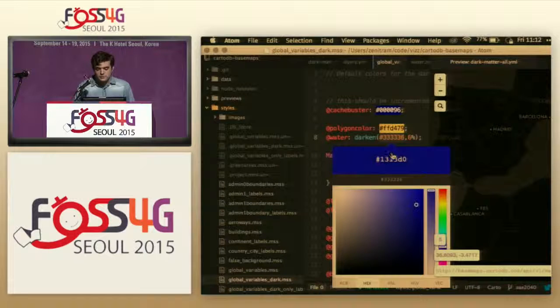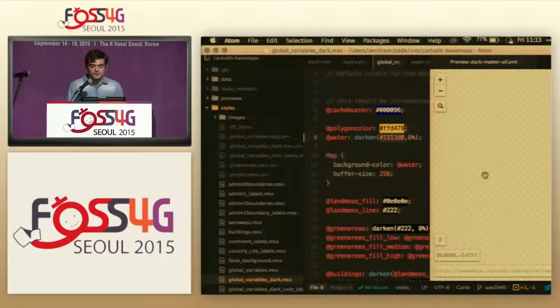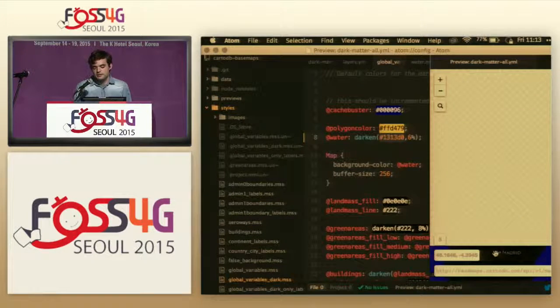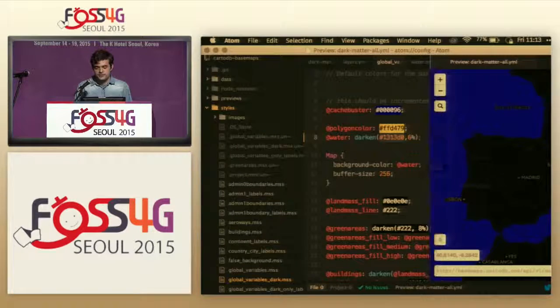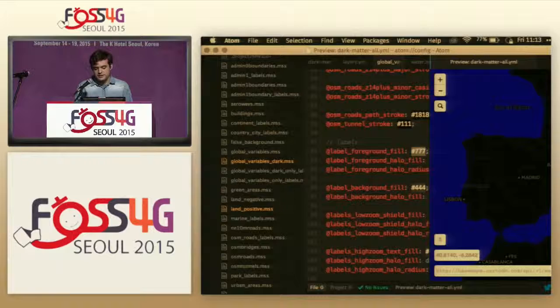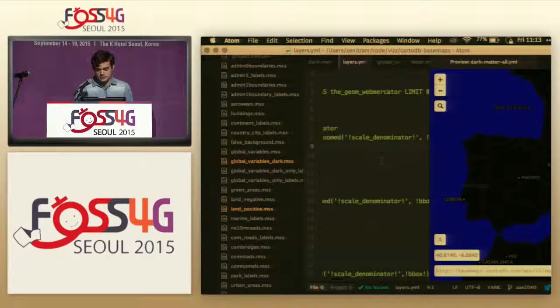So with a bunch of cool plugins for editing and linting and Carto editing on top of Atom, we felt it was the right ecosystem to fit in, and you just save, and it automatically gets pushed to CartoDB, and it generates a new base map with the style you've sent. And you can also not only change the style, which has its own hierarchy and variables and any custom CartoCSS common things,